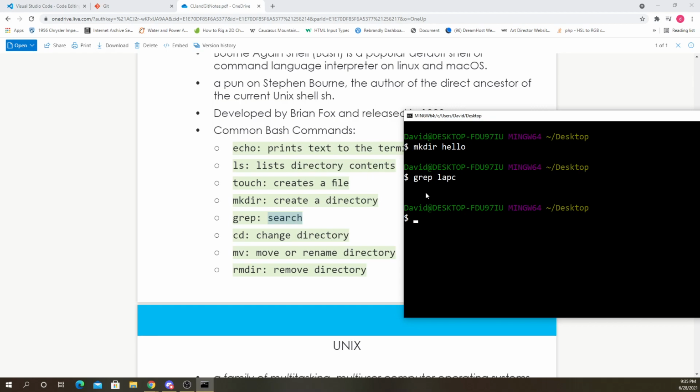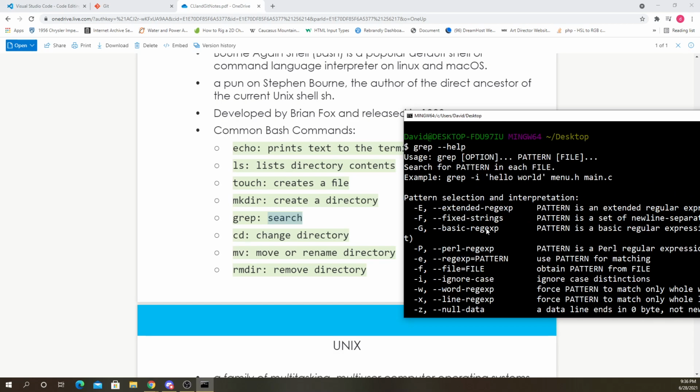Actually, Control C, by the way, gets out of those situations. Actually, I don't think it did. Let me see, grep. I might be using it wrong. Sorry. Let's type grep and then dash dash help.